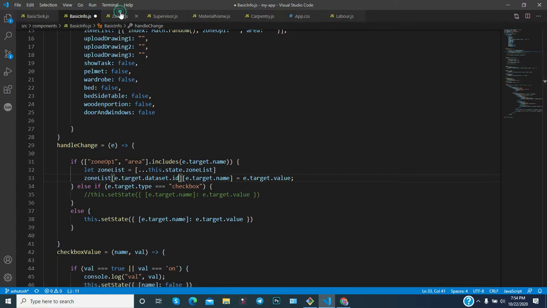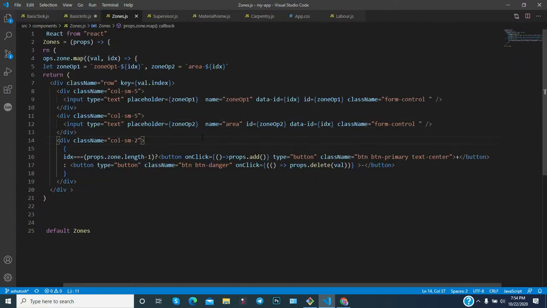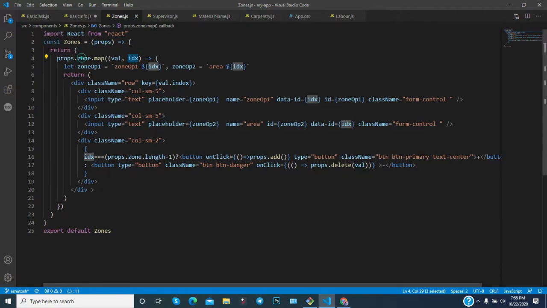Let's see it. As you can notice, we have used the data id, and for the data id we are passing the index value. This is the index, the value of that particular index in the array zone.